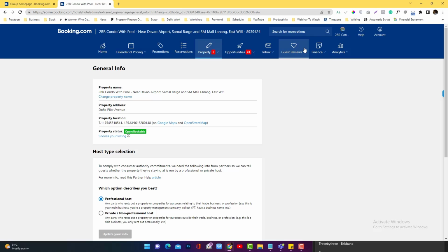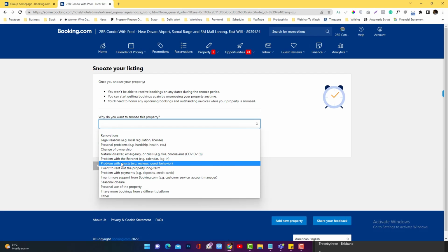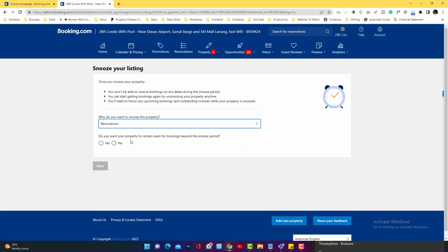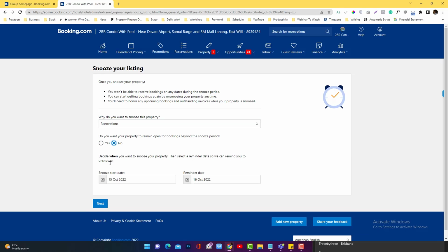If you want to deactivate it temporarily, in booking.com there's no option for you to deactivate your listing unless you contact the support. So the alternative for that is snoozing it. You click this snooze your listing, and then you select the reason why you're snoozing it, and then whether you want to open the property after the snooze period. If you say yes, obviously you can do that. If not, you can start right now, and maybe I am willing to reopen it until